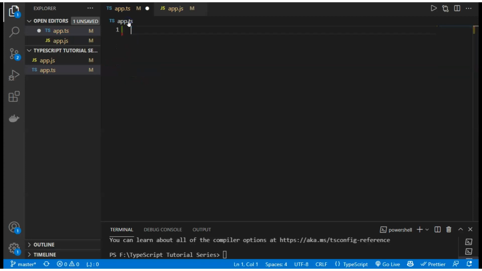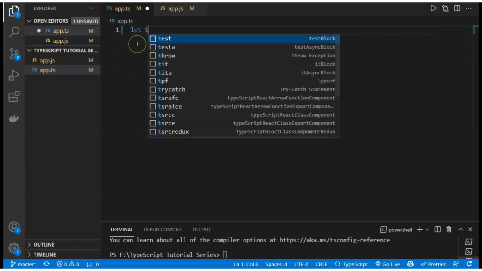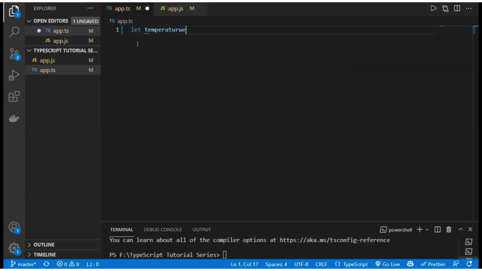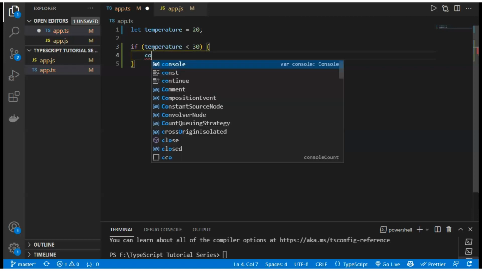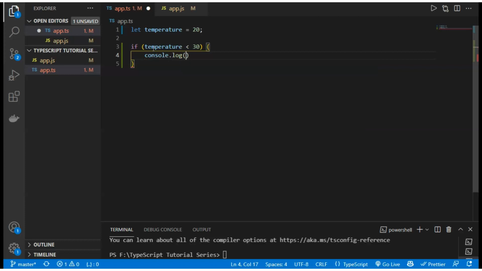So now we will see an example: let temperature equals 20, and we will write a condition here: if the temperature is less than 30, then we write a message in the console, console.log, "It's cold outside".